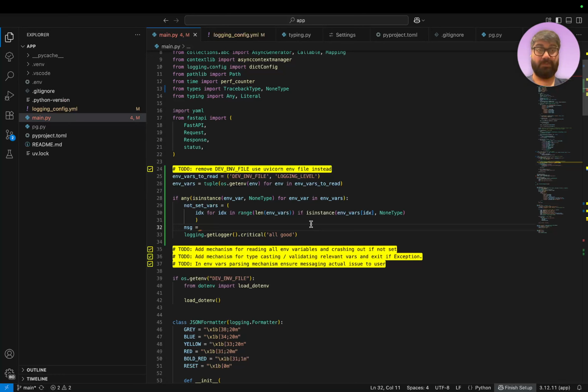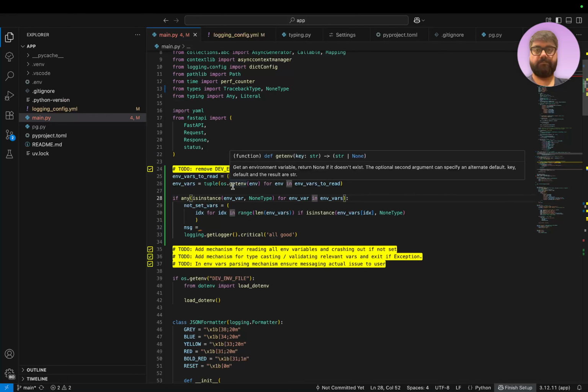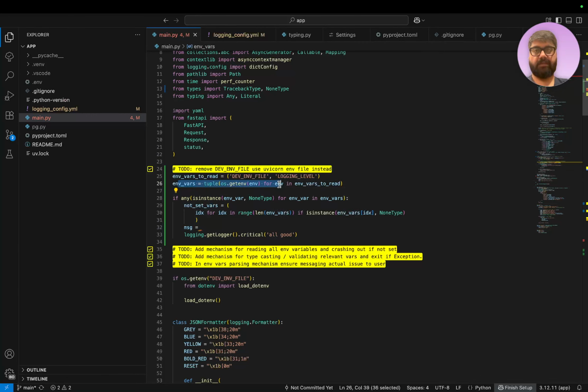And showcase which ENV vars are missing, right? So basically what I did was, if any isinstance ENV var none, so if any of the ENV vars in this second line is of type NoneType, then get the index of those. Honestly, I've done this twice, so